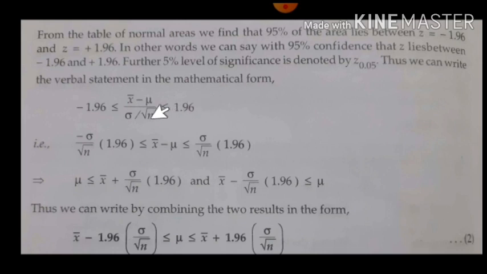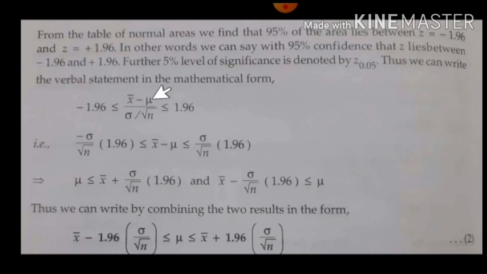Okay. You must go through that. I will explain it with the graph in the next forthcoming slide. I am repeating: all the concepts I am explaining here will be explained once again with that graph. But it is necessary for me to show you this slide also, because you should be aware of these mathematical notations. Take this sigma by root n to the left side and also to the right side, because it is lying between, so it holds good for both. So it is multiplied, so minus here will become a plus term.